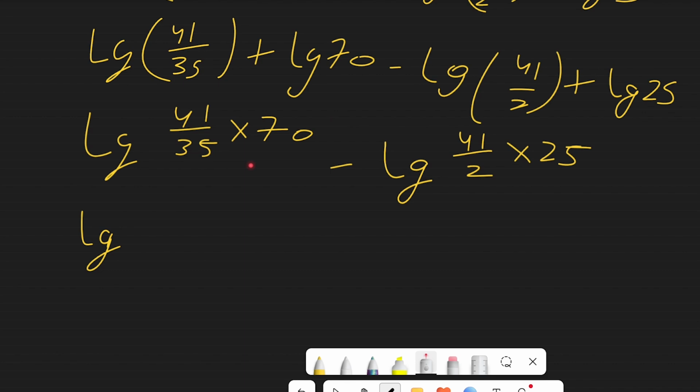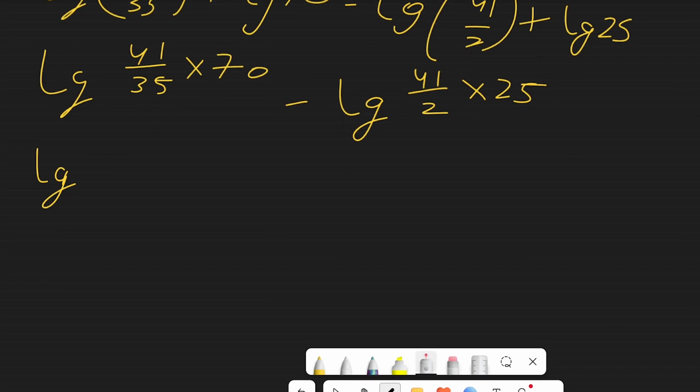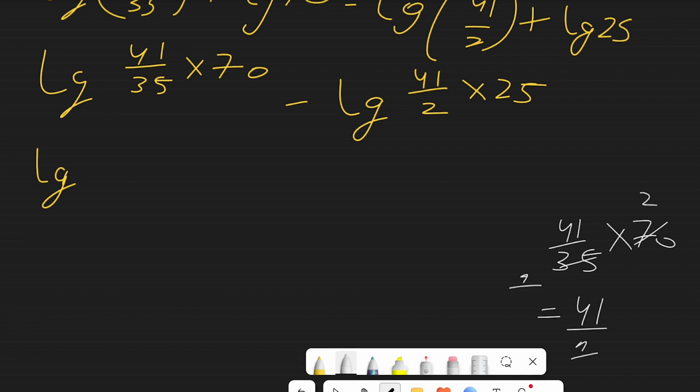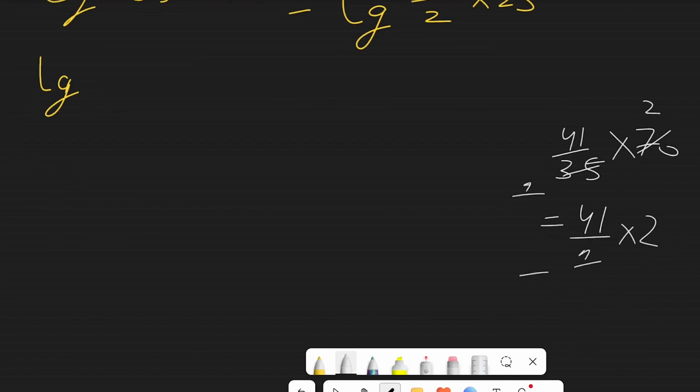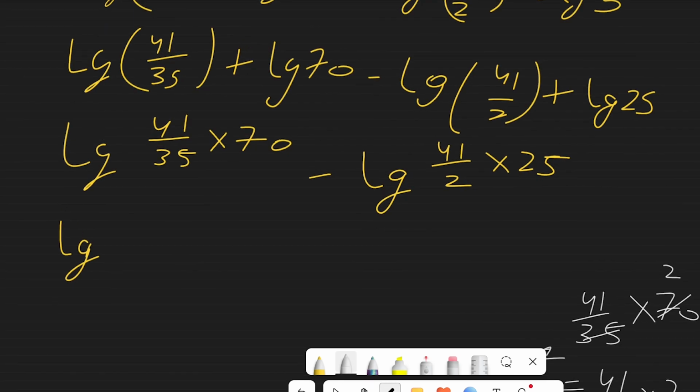So 41 times 2 would be 82. You can do it on calculators. No, in fact calculators are not allowed, so you can do it in your rough working over here, that 41 over 35 times 70. When we divide that by 35, this comes 2, this comes as 1. So it would be 41 over 1. That doesn't matter if we write it or not, and that would be 82. So this would be lg 82